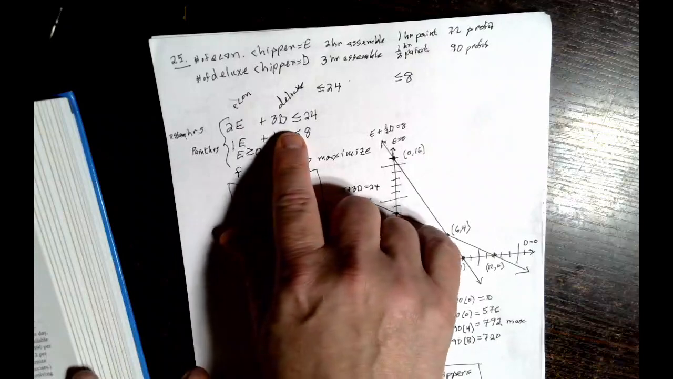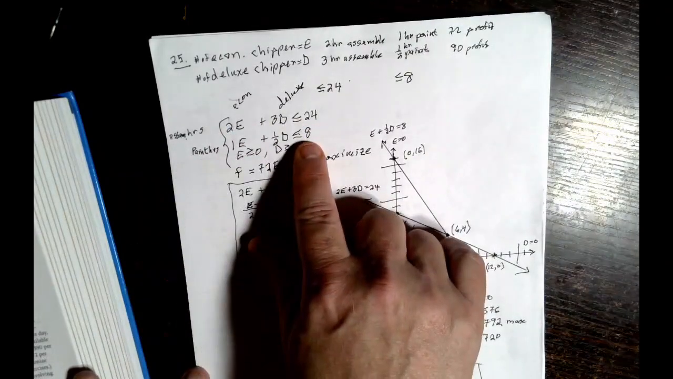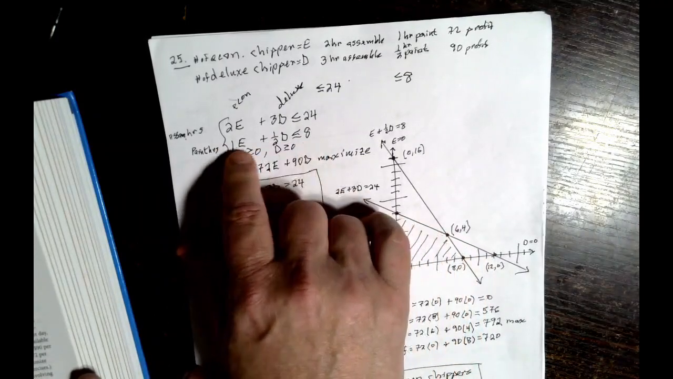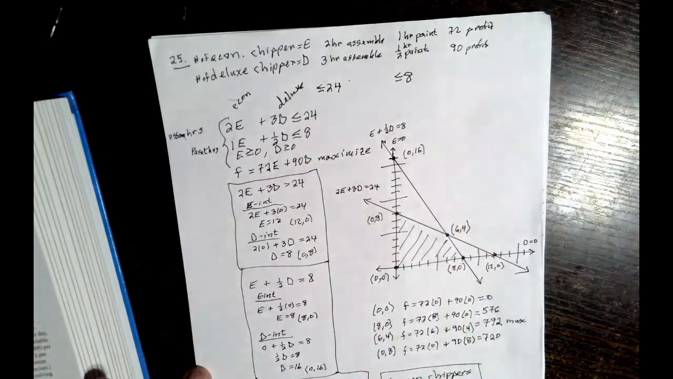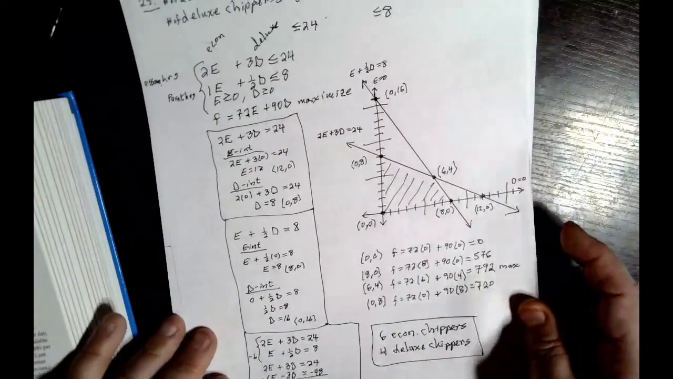And this one is assembling hours for each one. And this one is painting hours for each one. So again, paint hours plus paint hours equals total paint hours. Assembly hours plus assembly hours equals total assembly hours. Okay, so then it's just a matter of solving it like we've been doing before, and you end up with